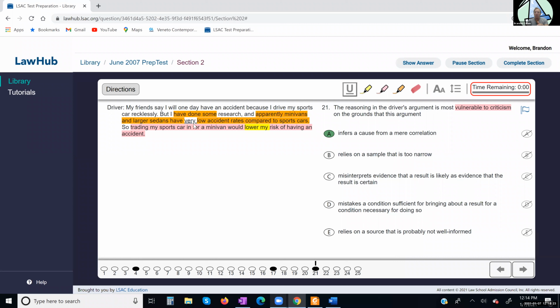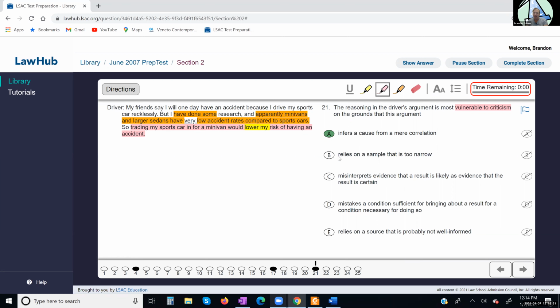I'm not sure that one would make sense, but the second common explanation, the second overlooked option that arises out of correlation cause, is very likely to be tested if they went to it. We see the answer is talking about correlation cause, but they could have easily talked about the overlooked option of underlying third factors. There's some underlying explanation as to why people with minivans have low accident rates. And so that's going to be the correlation cause there.